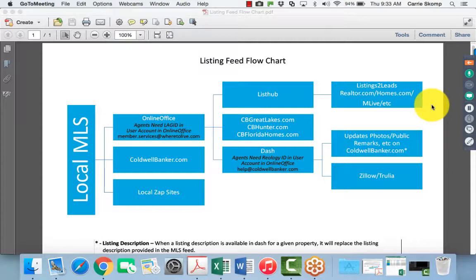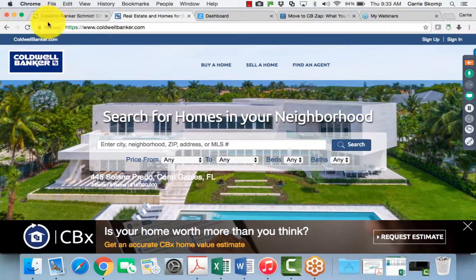They go to Online Office, and whether that's onlineoffice.cbhunter, onlineoffice.cbgreat-lakes, or onlineoffice.cbfloridahomes, that's where they get sent first. And as you can see there, there's a little note. The agents need to have their LAG ID in their user account in Online Office in order for those listings to flow over. So what that means is, in Online Office,